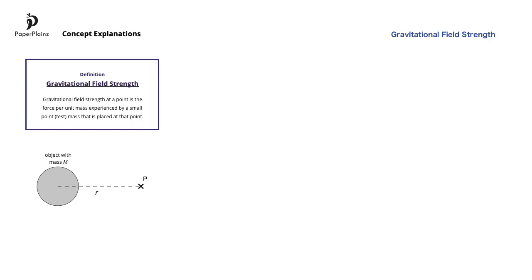Let's see how we can use the definition above to find the gravitational field strength at P. As per the definition, we'll place a point mass, also sometimes called a test mass, at P. Let's denote this point mass using lowercase m. Based on Newton's law of gravitation, the spherical object and the point mass exert a gravitational force on each other. The gravitational force experienced by the point mass is towards the spherical object, and we'll label this force using uppercase